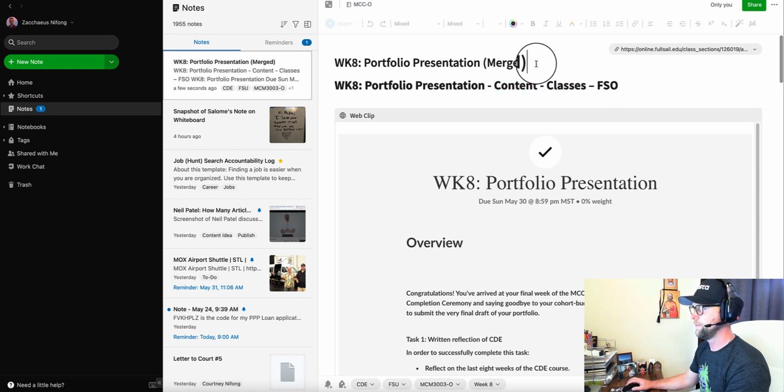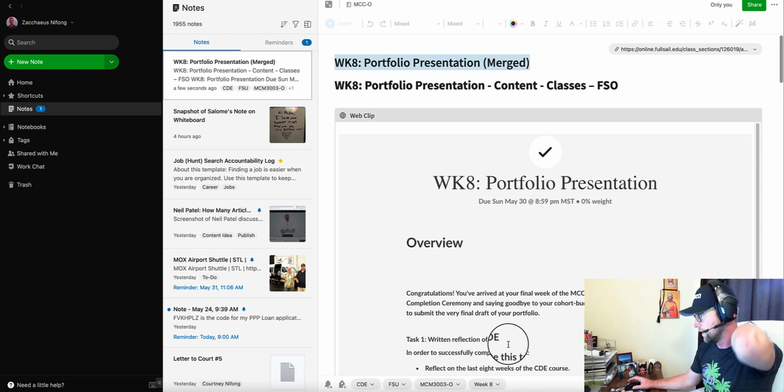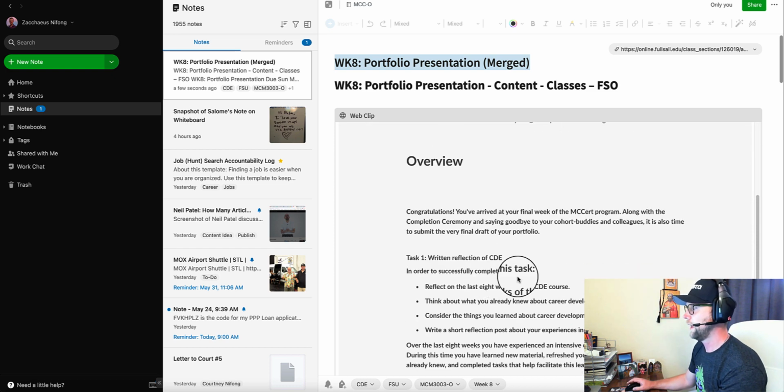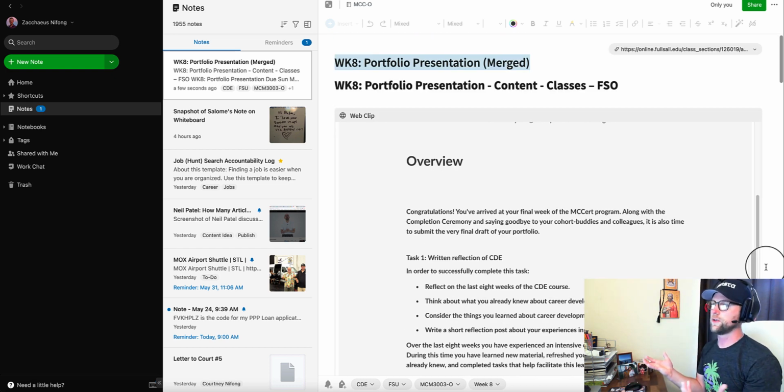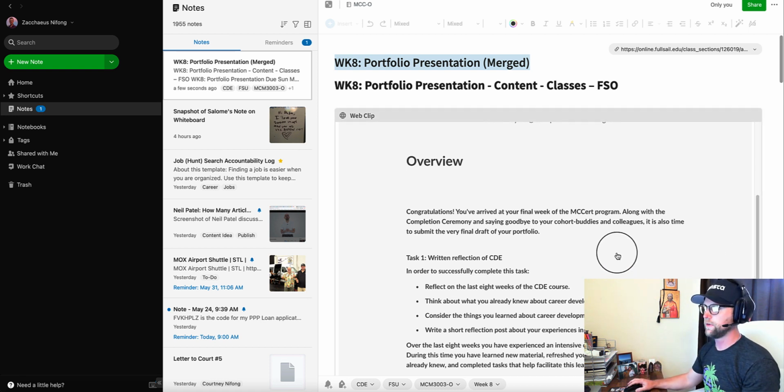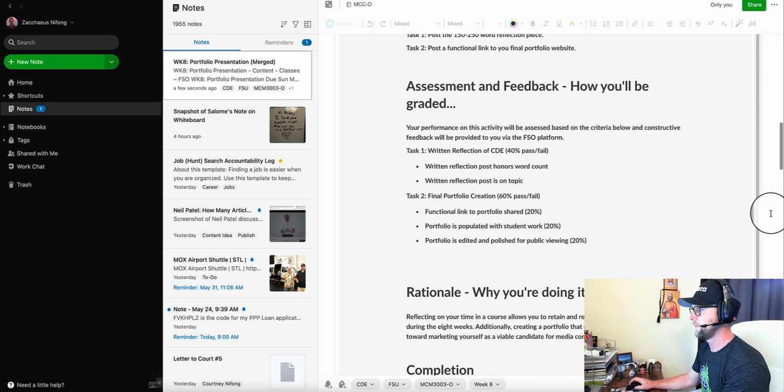This is the actual major title of the completed note. It also carries over any of the tags. So you really just have to tag it once in the original note, and it'll carry those tags over to the merged, which is kind of awesome. And with the second one that you clip, where you're really just archiving and documenting their feedback and a copy of your completed work, you don't really have to clean it up. You could just leave it as a web clip, and it's totally fine. So no issues there. But if you scroll down,